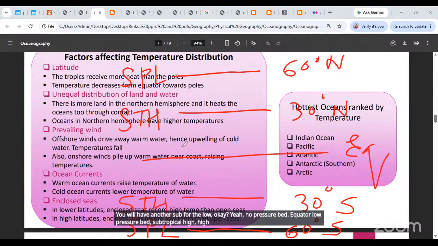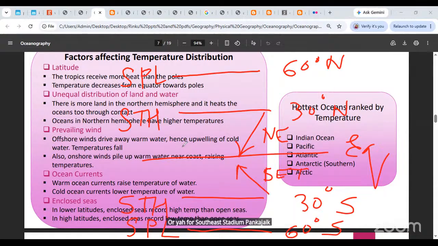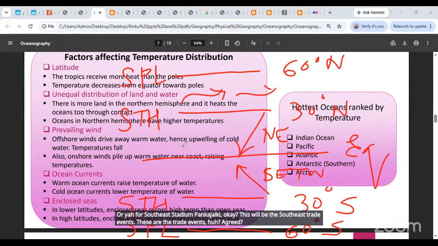ये इक्वेटर लो प्रेशर बेल्ट है, सब ट्रॉपिकल हाई हाई प्रेशर बेल्ट है, एंड सब पोलर लो वंस अगेन लो प्रेशर बेल्ट है। हवा हमेशा हाई प्रेशर बेल्ट से लो प्रेशर बेल्ट की तरफ जाएगी। तो यहाँ पर हवा नॉर्थ ईस्ट ट्रेड विंड बन के जाती है, और यहाँ पर साउथ ईस्ट ट्रेड विंड बन के जाएगी। दीज आर द ट्रेड विंड्स। यहाँ पर हवा यूजुअली वेस्टर्लीज बनकर घूमती है। Between 30 to 60 north and 30 to 60 degrees south, the wind will flow as westerlies. थोड़ा सा जनरली वेस्टर्न डायरेक्शन से चलेगा वो विंड।